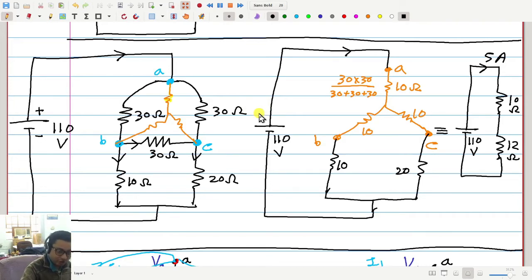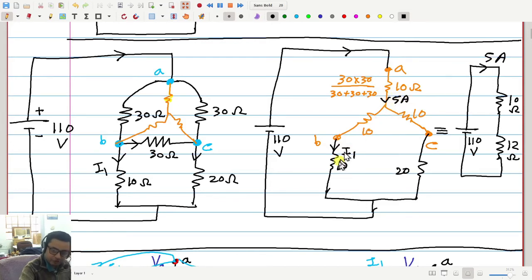The problem is not complete because we have to find these individual currents. So how much will be this current? If it is I1, this will be same as this I1. Right? So in this circuit, how much is I1? Sir, I1 is 10 by... so 0.5 amp. We have 5 ampere here.